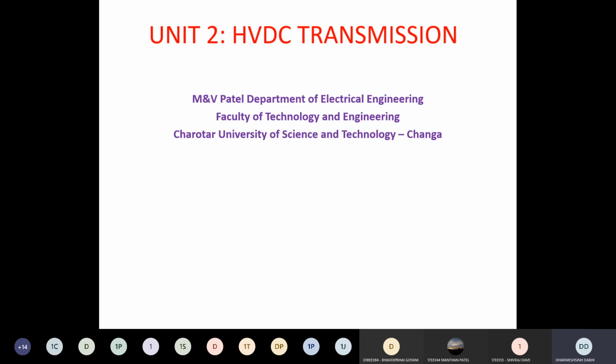So this is one of the solutions provided by the HVDC line, the interconnection of two different frequency grids. That type of problem is not created within any single country, because one country follows the same frequency. But when power is transmitted between two different countries operating at different frequencies, this type of problem is created. At that time we use the HVDC transmission system to transmit the power from one grid to another grid. Clear? So this is one of the solutions. Okay, any other solution or any other advantage because of which we use the HVDC system?